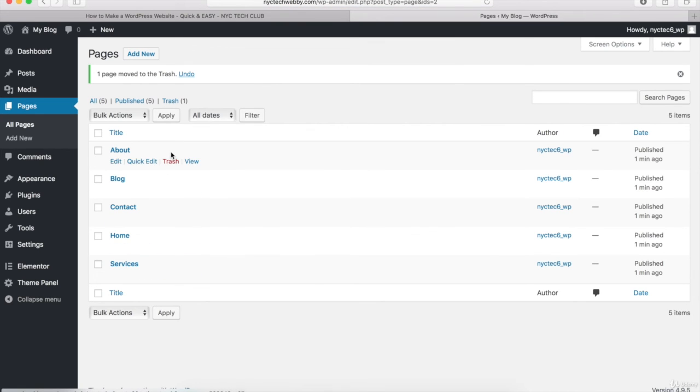So now we have all of our pages for our WordPress website, and you can always go and create some additional pages or change the pages right here. And we're going to come back to this page a little bit later and customize some of these. But now what I want to do is just move on to the next step,